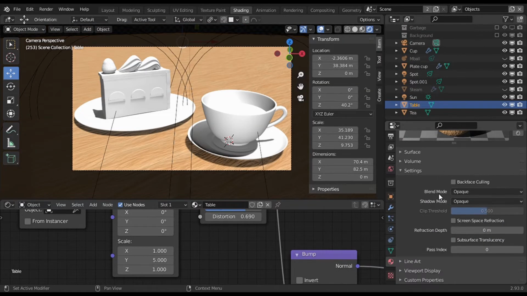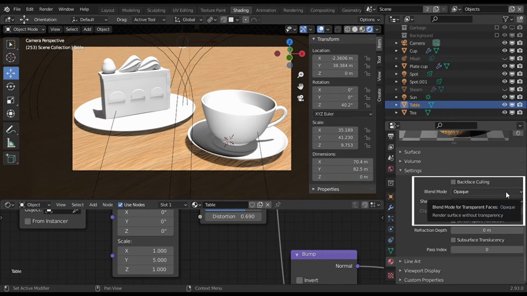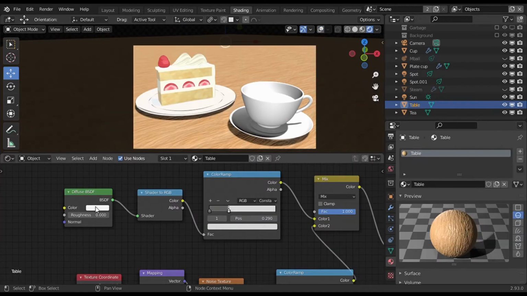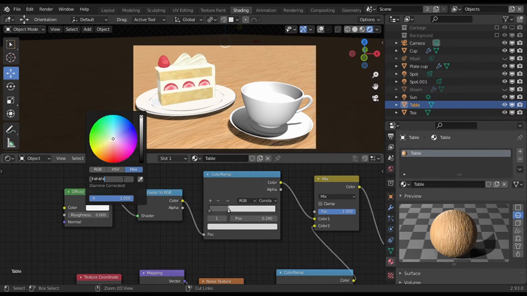And these are my settings for this material, and these are 3 settings I'm going to be showing in each material. In this case I have back face culling disabled, blend mode set to opaque, and shadow mode set to opaque as well. I'm going to make some changes so the material looks exactly like the final render.